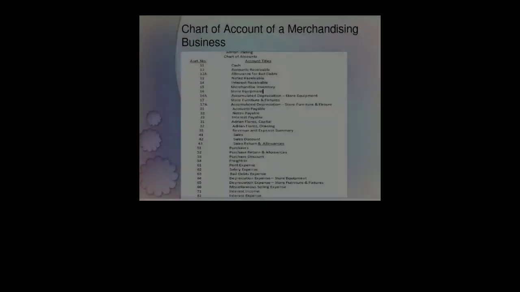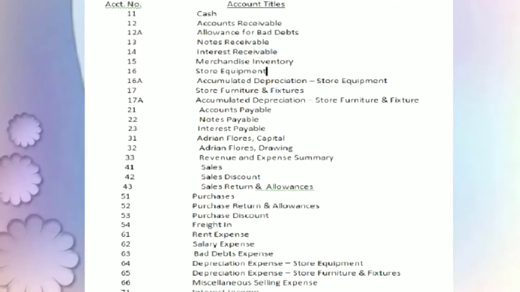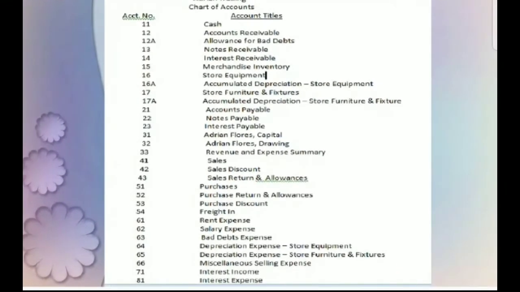Reading. Chart of accounts. Account number 11 Cash, 12 Accounts Receivable, 12A Allowance for Bad Debts, 13 Notes Receivable, 14 Interest Receivable, 15 Merchandise Inventory, 16 Store Equipment, 16A Accumulated Depreciation, Store Equipment, 17 Store Furniture and Fixture, 17A Accumulated Depreciation, Store Furniture and Fixture, 21 Accounts Payable, 22 Notes Payable, 23 Interest Payable, 31 Adrian Flores, Capital,